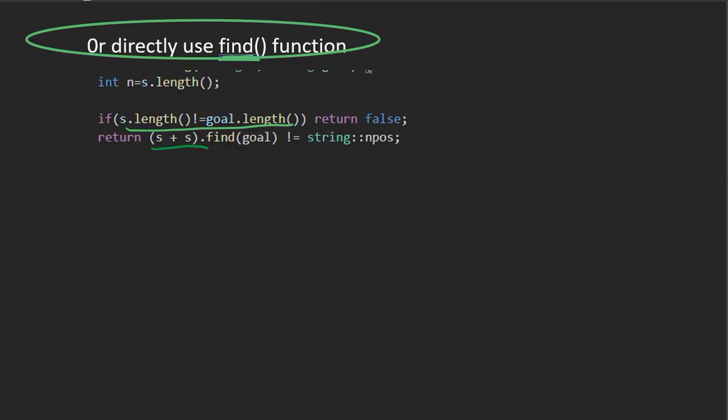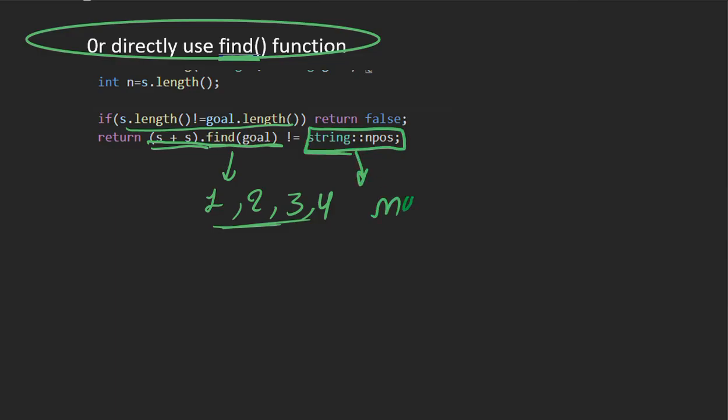Then we concatenate the string with itself and find the goal string in it. The find function returns the index on which the goal string is present. But what if it is not present? This string npos part is for the not found case.